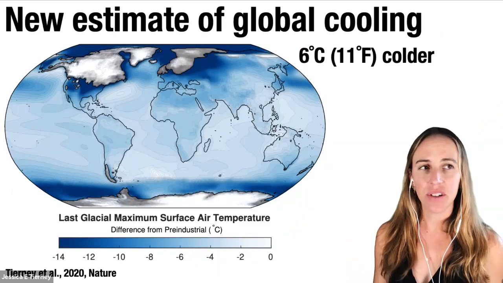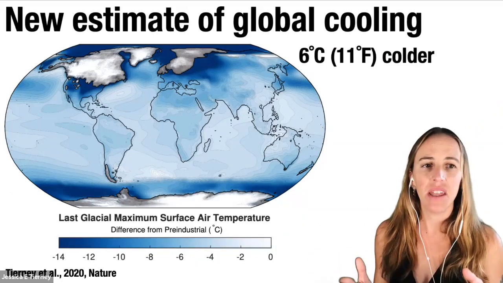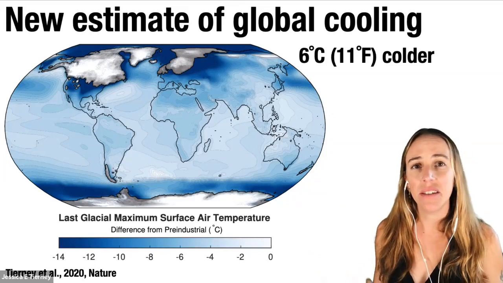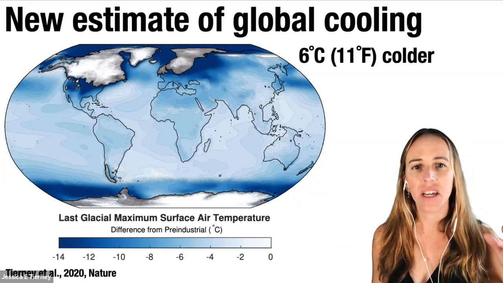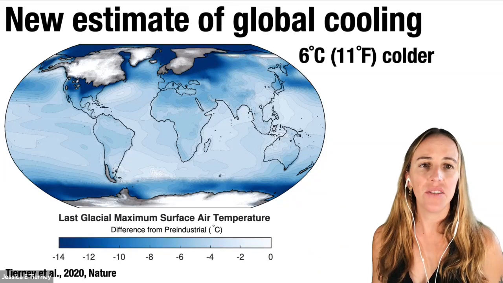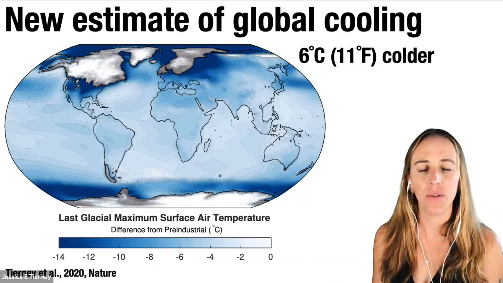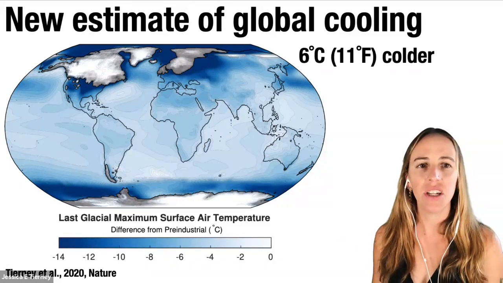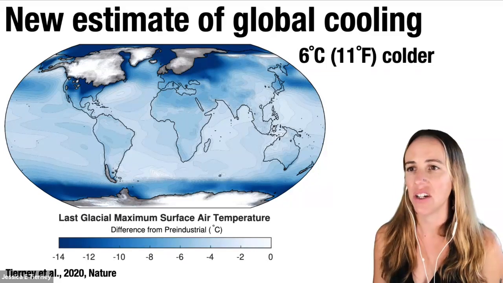Okay, and so here's the result of our LGM-DA. This is a map showing the change in surface temperature in the LGM. And keep in mind, again, this is a hybrid product. So what you're seeing here is a full field, but it's a combination of what the model says the LGM cooling looked like, but also what the data say the LGM cooling looked like. And on top, I'm just plotting ICE-6G, a reconstruction of the Laurentide and Greenland and the Eurasian ice sheet, just